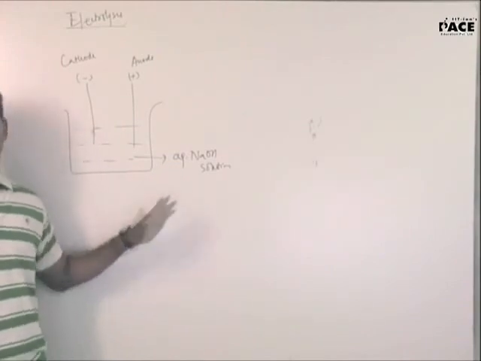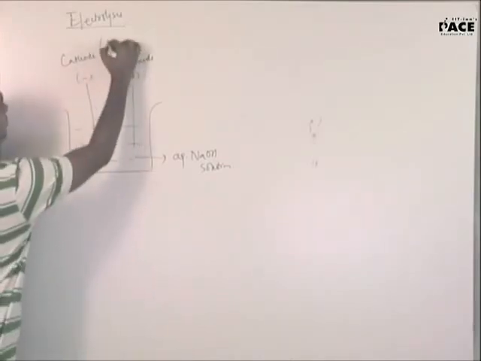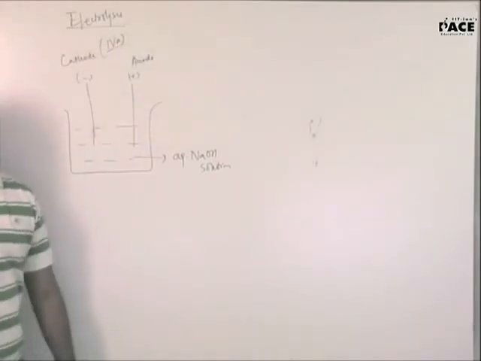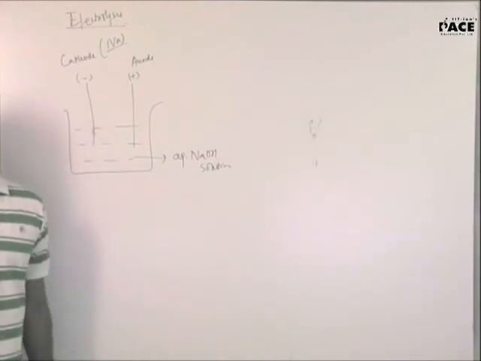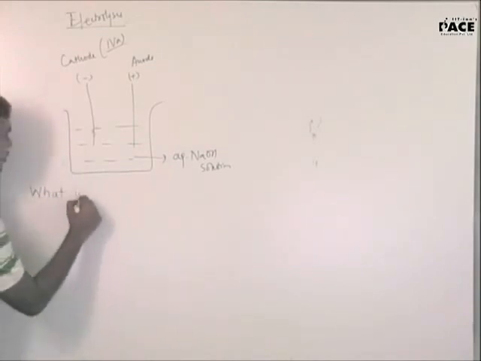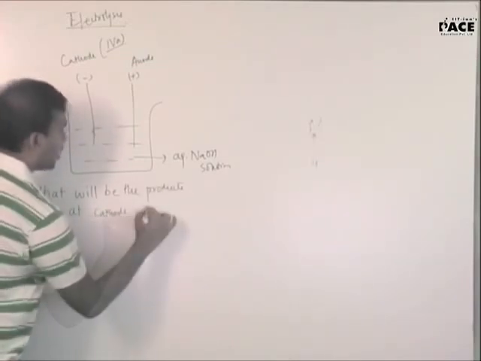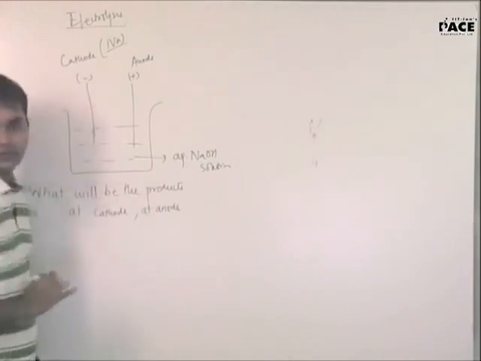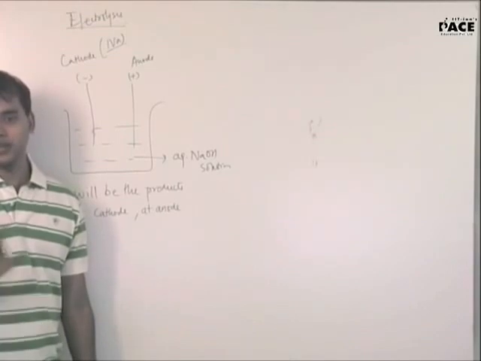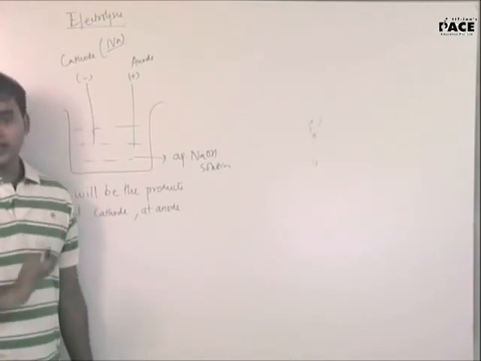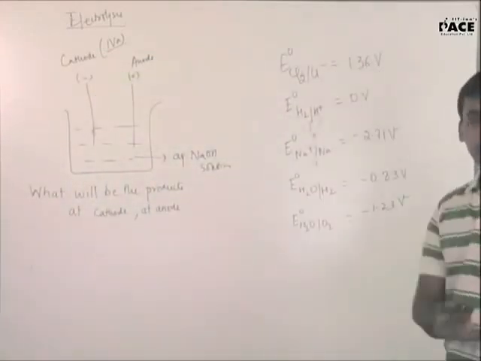Okay. Now see. Suppose I took aqueous NaOH. I thought I would use it to extract sodium. I want sodium as the metal. For extraction of sodium, I am using aqueous NaOH. The question asked to you is, what will be the products at cathode and at anode? I am giving you some data. Using that data, think over this question once, give it a thought, and try solving it. See, these are the set of data given to you.